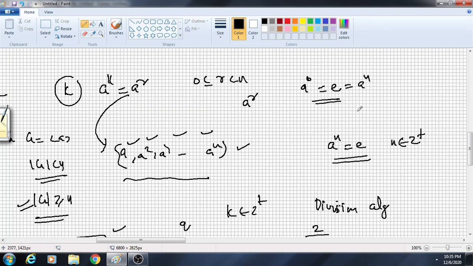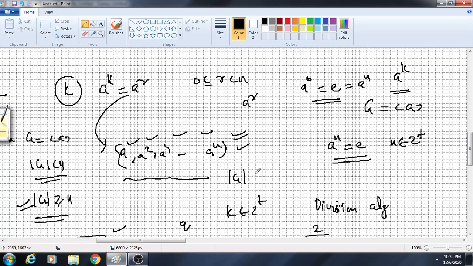So now we have the group G which is generated by the set A. That means every element is of the form a raised to k, but that a raised to k has already come in this set. That means every element of G has already been enumerated in this set. So the order of G cannot be more than n, because every element is a power of a, and every power of a is already written in this set because of the division algorithm.